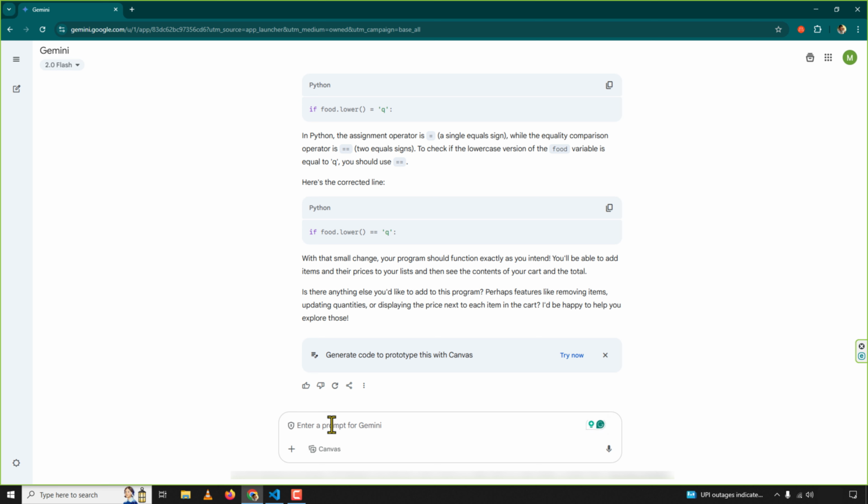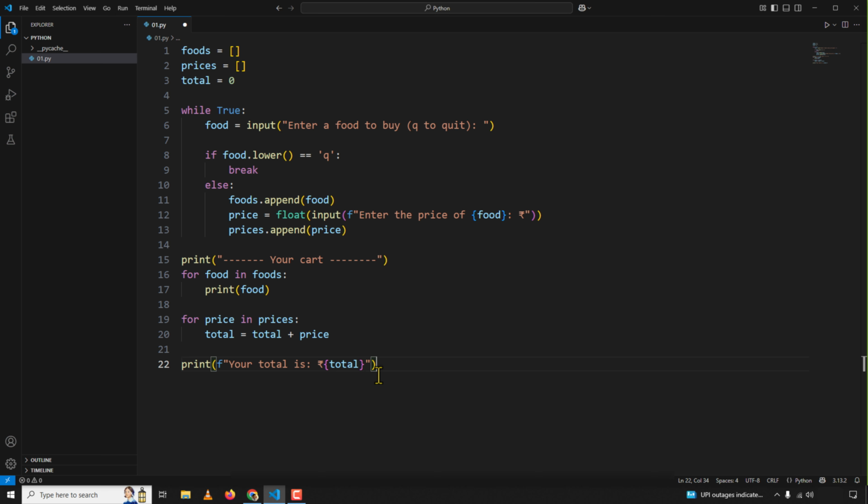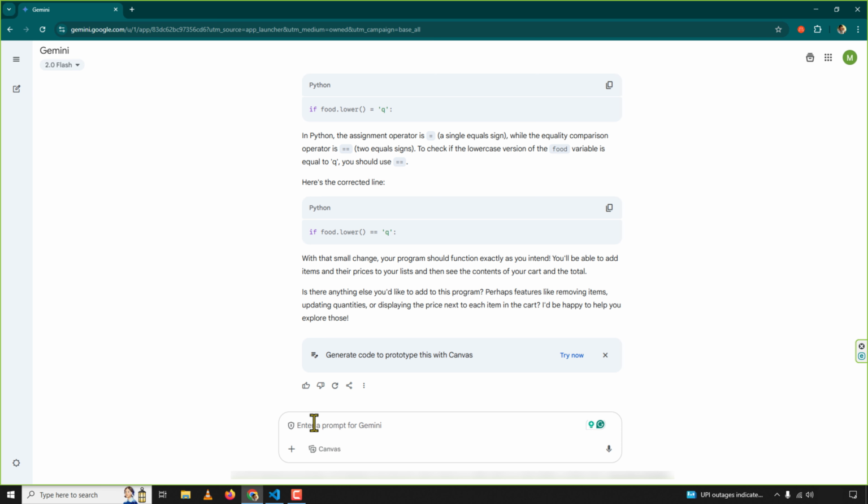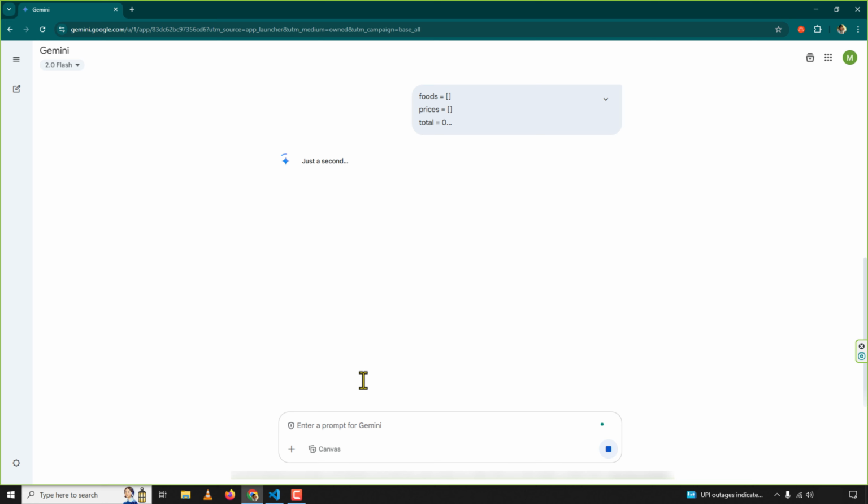Okay. Now I will copy this and I will paste it here, and then here I will say, is there an alternate way to write this program? Okay. And when I hit enter,